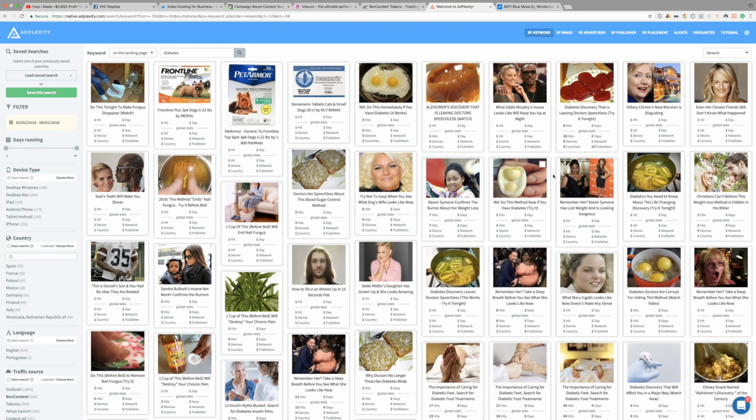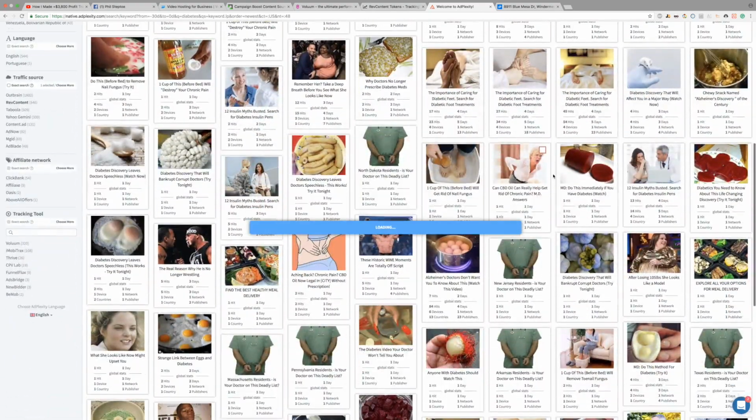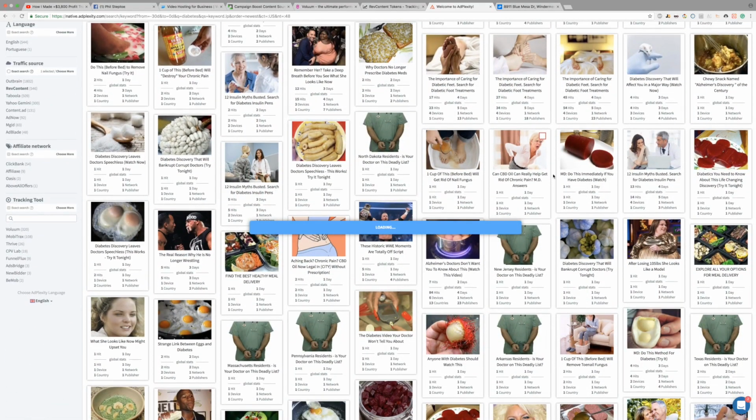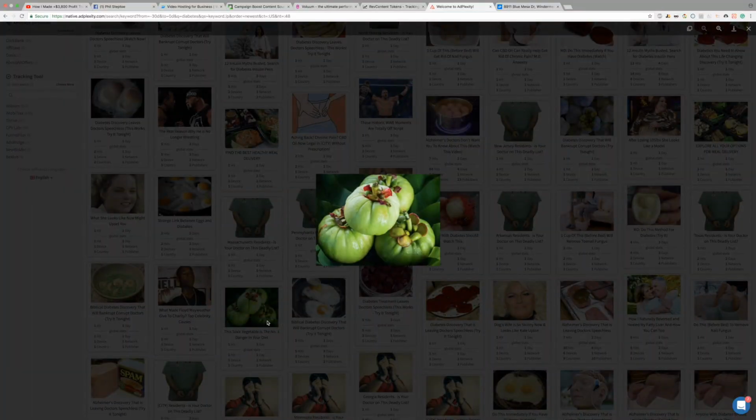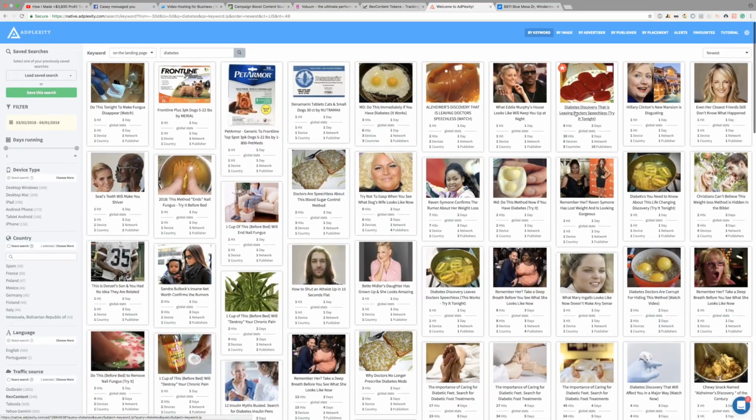So, I mean, really just anything that's a strange food, where if you look at the picture and you say, what the heck is that? You know you have a good native image. So you don't want it to be too clickbaity, too weird. Let's see if we can find one. Maybe not something like this, because this is just so weird. It doesn't even look like it's part of your diet. It just looks strange. So if we just come up here and we click on this one, just for an example,